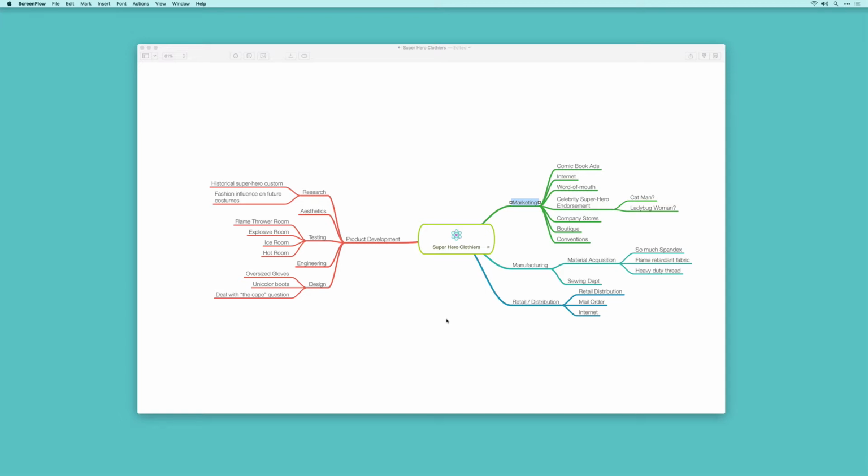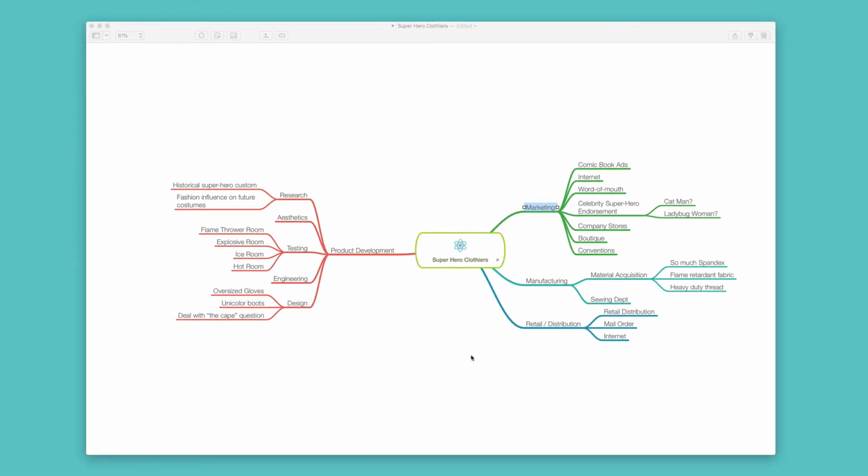Okay, we've spent some time building our diagram, adding quick entries, and then making adjustments and organizing the diagram. Now let's spend some time on diagram structure. And we're going to start out this time on the Mac. One of the most useful tools for diagram structure is folding nodes, and there are several ways you can do this